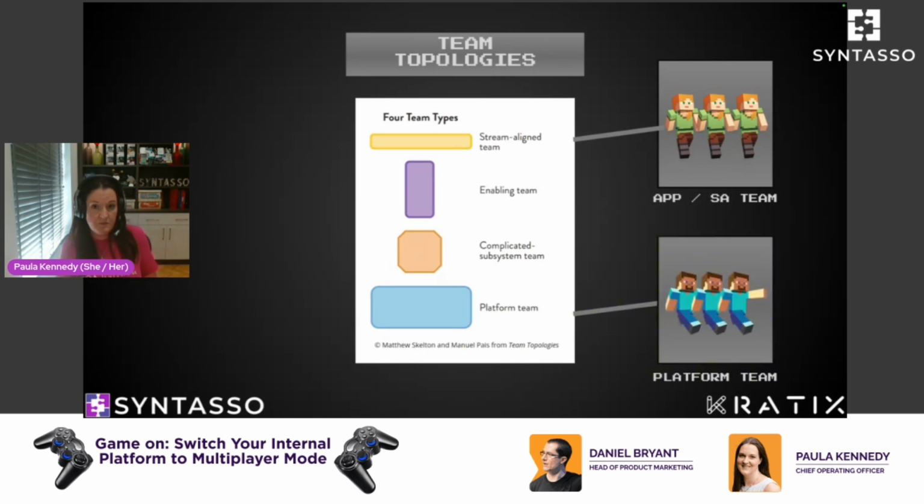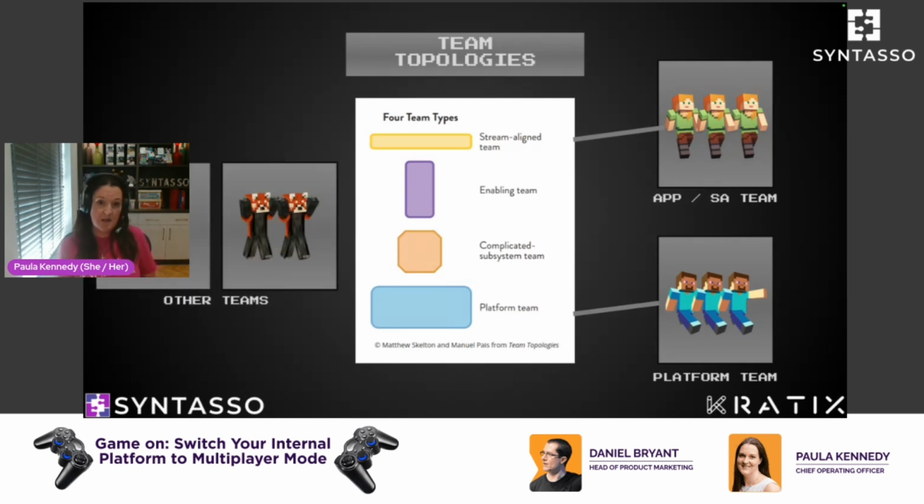We've also seen the challenge for platform teams, where if we shift a load of expectations onto the platform team, those teams themselves have too much and they are struggling to meet those expectations. So how can we look to share the load and involve other teams? Can we make it possible that the work of building the internal platform becomes more evenly distributed, so that the cognitive load is evenly distributed